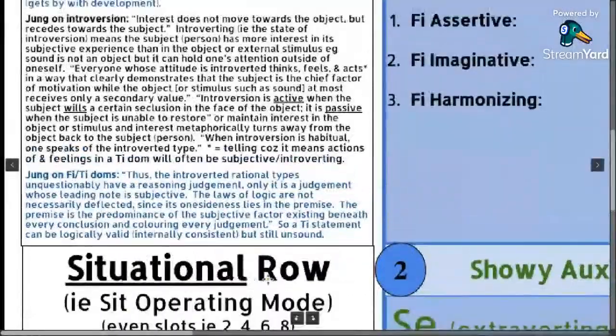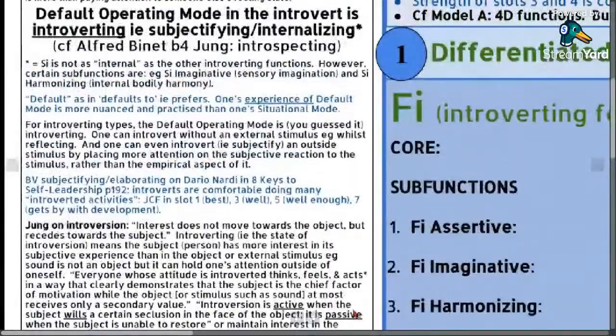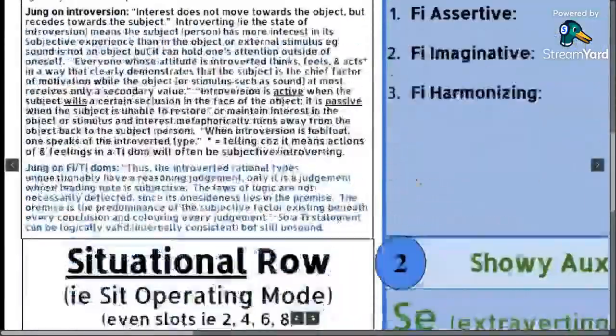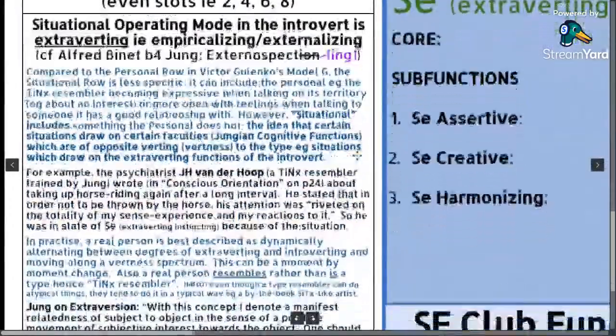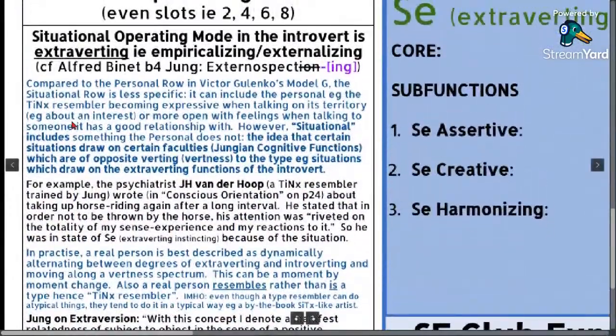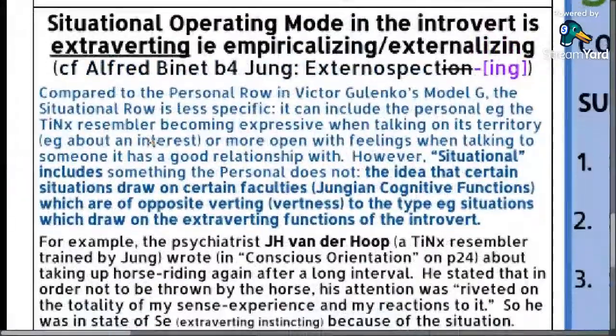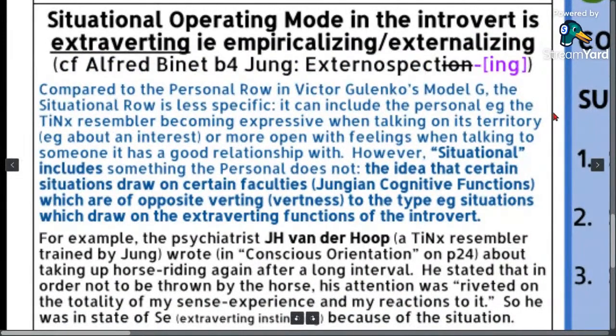Now we have the situational row, and it gives an example of how extroverting works in the introvert. Now, what I will admit to is that ISFP and ISTP